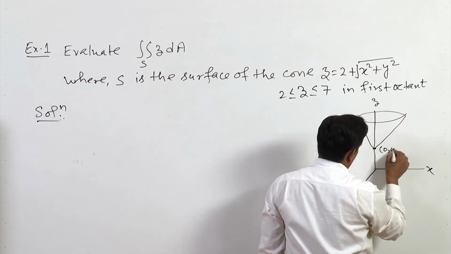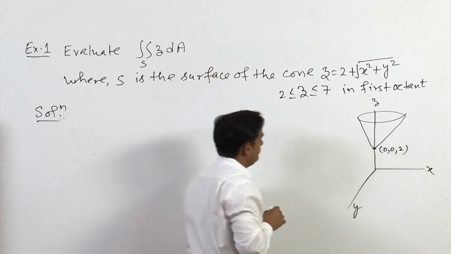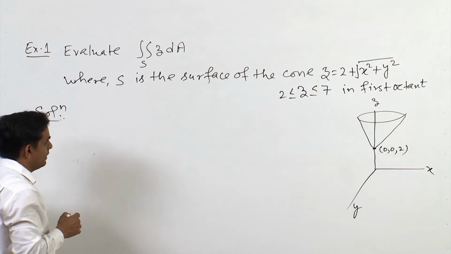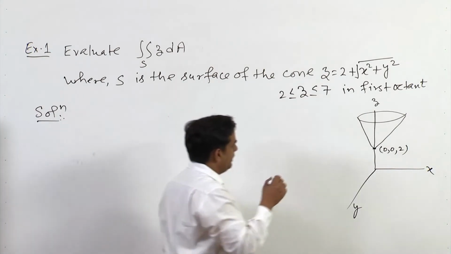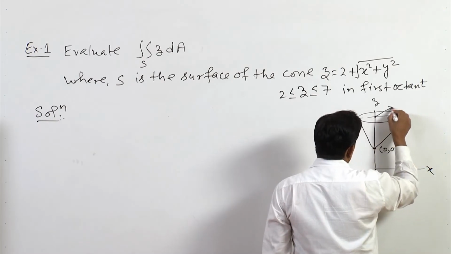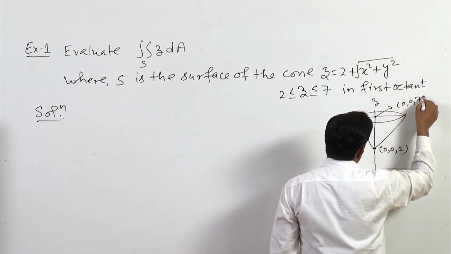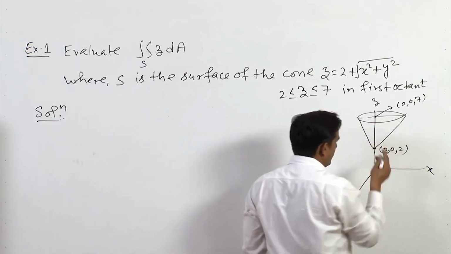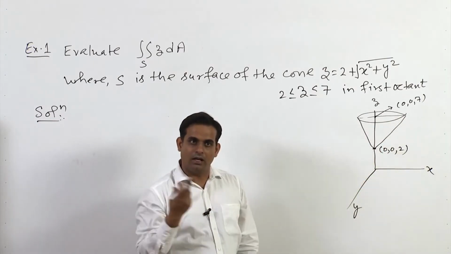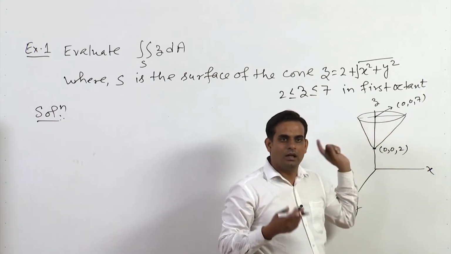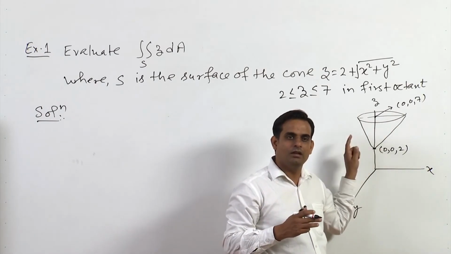So this is 0 0 2. And this will be this point 0 0 7, and this is the circle,